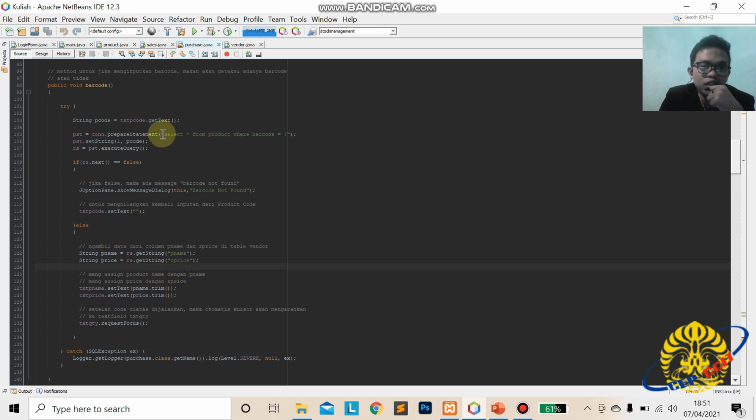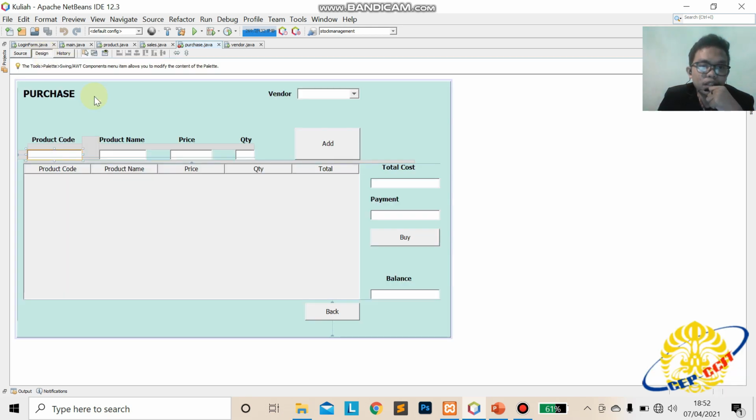So this is the SQL query, and then this p code to the gettext p code. The first one is the execute query, and then this is the if statement. If false, barcode not found, and then if true will show the product name and price.